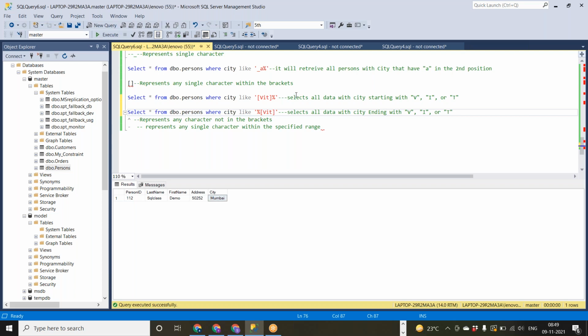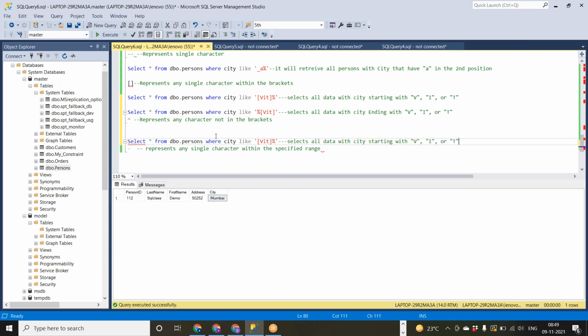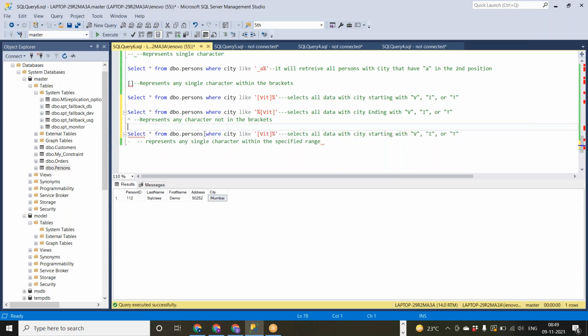And now I want to mention something like not, which is not starting with VIT. So simply what I do, I'll give this operator.